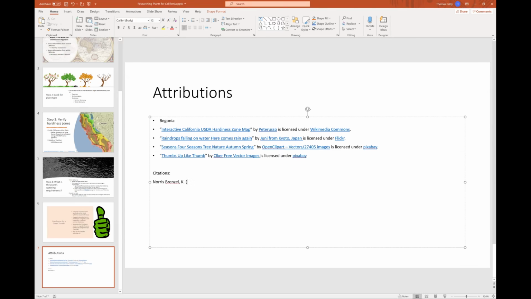Oh, sorry, back up. Since she's the editor, you put editor. And then you also put in the edition, the date of the edition, 2012. And then the following, and this is typical APA: Western Garden book.